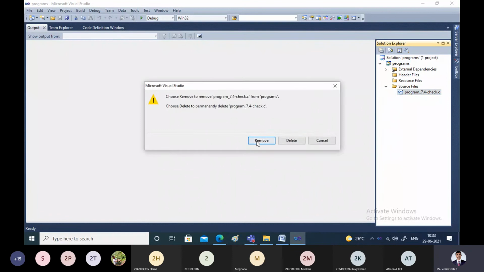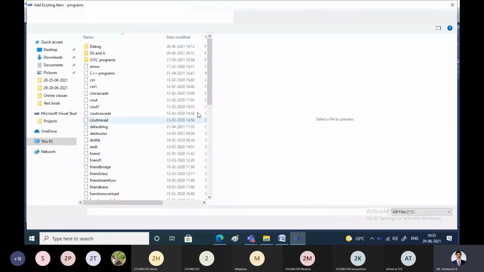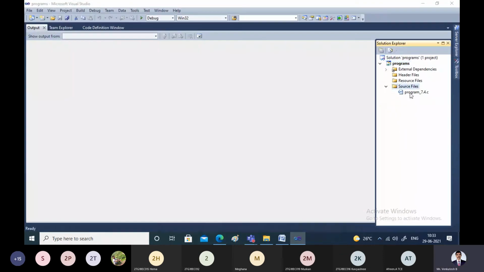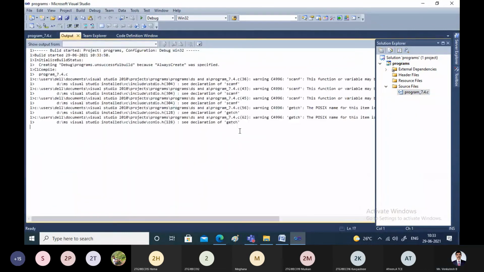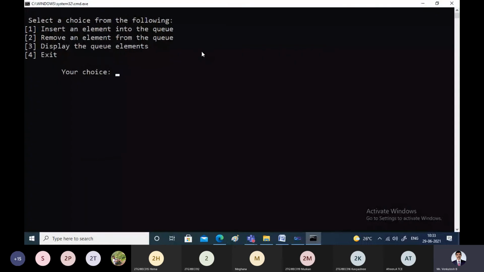I'll just try to give the demonstration. Right. So this is the demonstration of the priority queue.